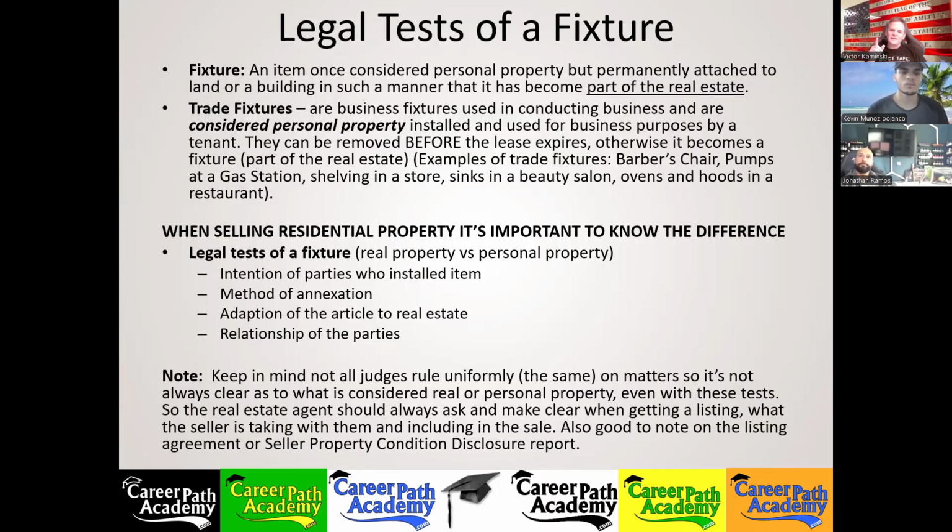See, I had one instance in a class when we were still teaching in the in-person classroom environment. I asked this question to the class. I said, can a seller take their toilet bowl with them when they move? And everybody was like, no, that's part of the real estate. It's a fixture. And then one lady was like, nuh-uh. She's like, I sell my house, I'm taking my toilet with me. Everybody shot her a look. They're like, what? What are you talking about? You take the toilet? And then she started to construct an argument, and it actually started to make pretty good sense.